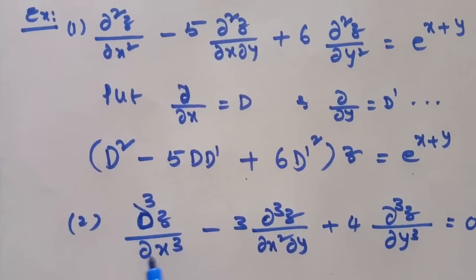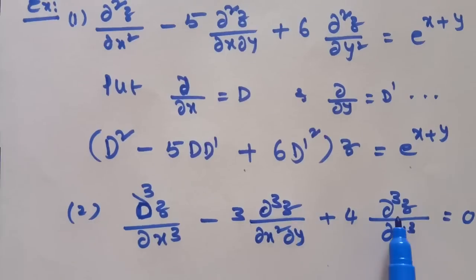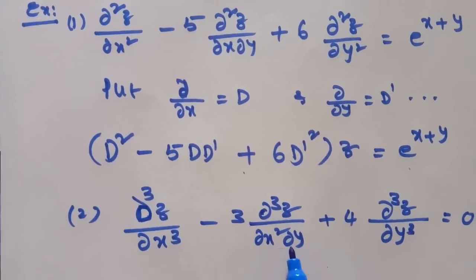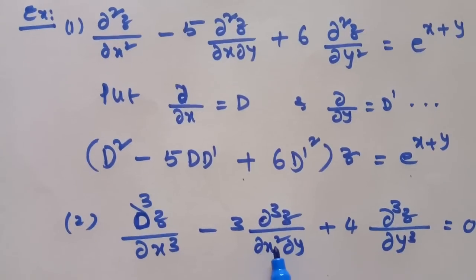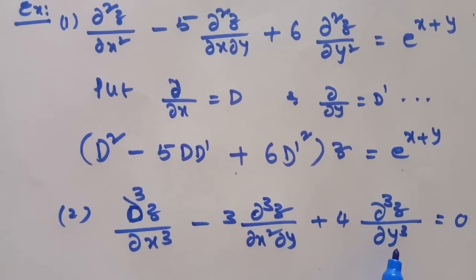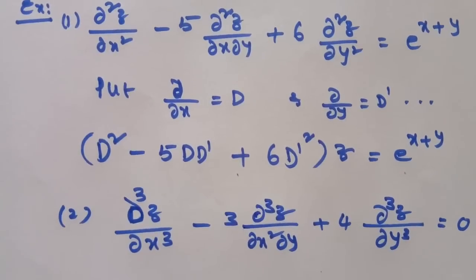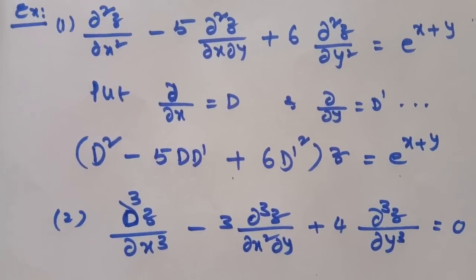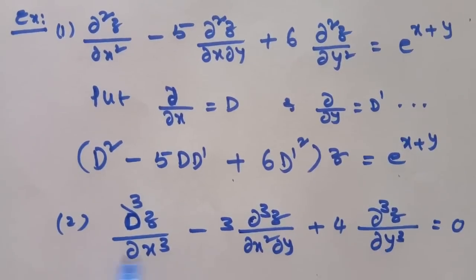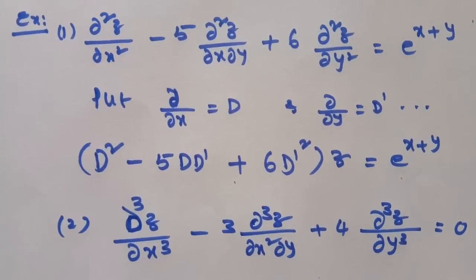These are the examples. Here also you can see the third order derivative, third order derivative, third order derivative: with respect to one independent variable x, here with respect to two independent variables, x 2 times and y 1 time, and y 3 times. Therefore, these are all the third order partial derivatives in the given expression. Each term consists of third order derivatives only. Therefore, it is a homogeneous partial differential equation.